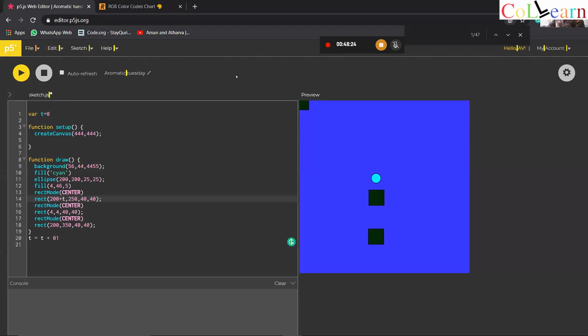Oh, because you have written, these brackets after draw represent where you have to write the code. Since you have written t equal to t plus 0.1 after the brackets, it is not working. So try to cut it and write it after it. It is going inside draw, but it is not seeing the value of t to be incremented. Yeah, it will work.